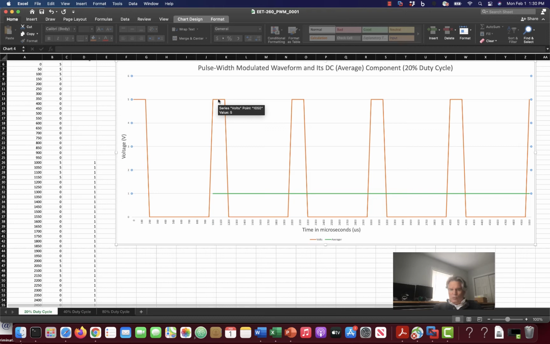Well, it's I squared R. I square my 5 amps, that's 25 amps squared, and then I multiply it by 8 thousandths of an ohm. Well, 25 divided by 1,000 is 0.04. You multiply that times 8 and you get